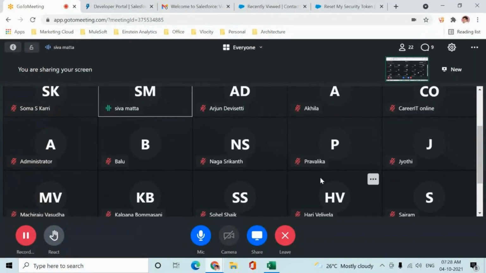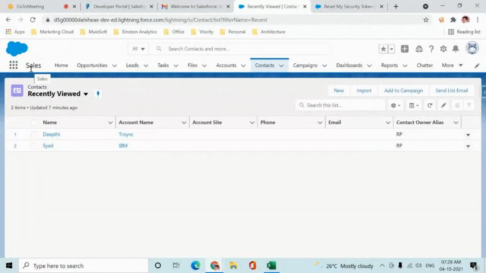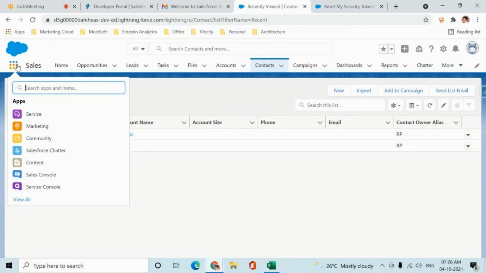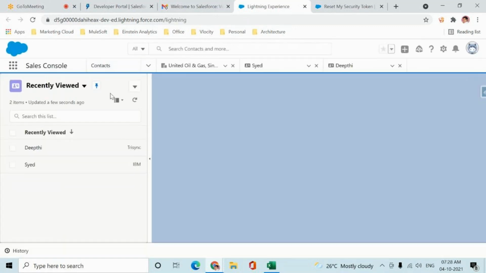So we have a couple of modules, right? As you showed in the first screen, I think sales. Are we dealing with only sales, or will we deal with any other modules as well? No, it depends. As of now, I'm picking up sales. We'll see what is service as well. These are just different applications given by Salesforce. For example, sales and sales console are the same. Only thing is the UI differs. Likewise every application has a console. So we'll see what is this console feature and how it works also.